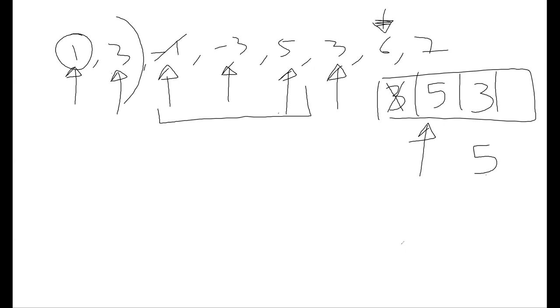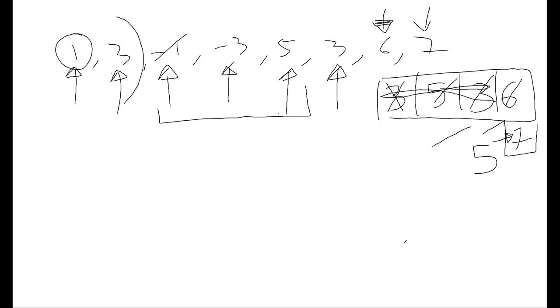Now when I'm adding 6, I'll have to remove 3 and 5, and then add 6 here, because all of them are smaller than this one. And the final step will be when I add 7, I remove 6 and then have 7. Every time I'm adding and removing, I'm moving this head pointer, which is pointing to my max element. And anything which was added or removed before is now of no use.